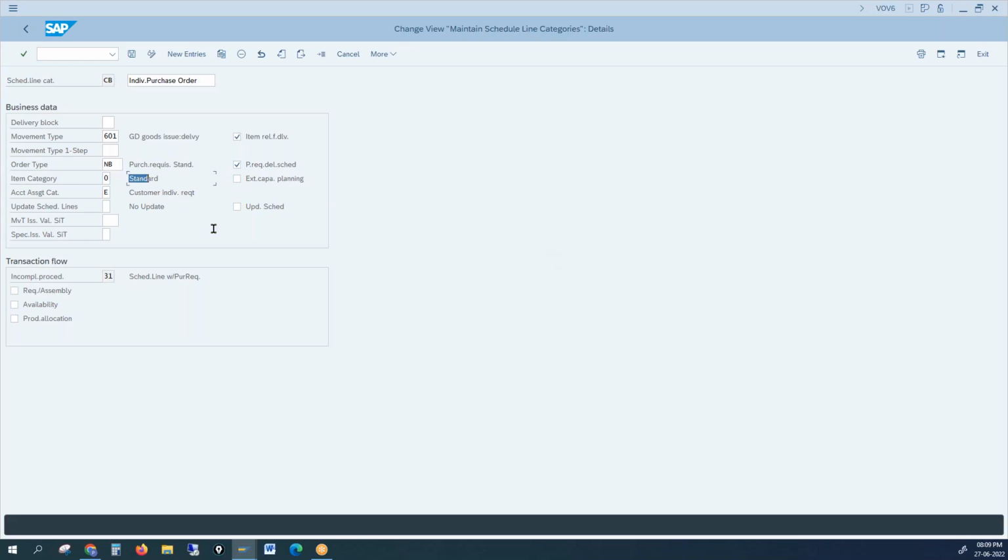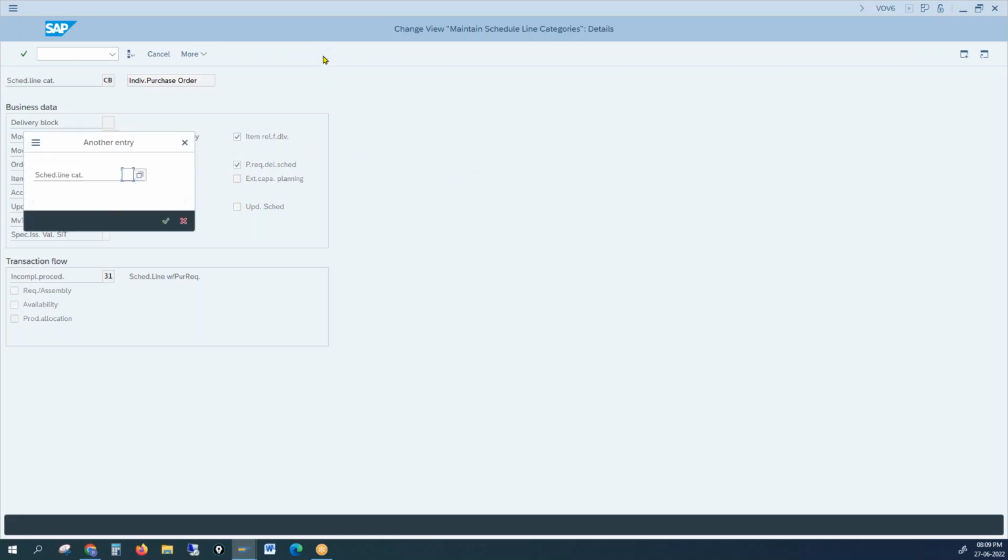So that is a standard, right? And these are the controls that we have in the CB. So this is all about the controls that we have in the schedule line. There is one more schedule line called CT,